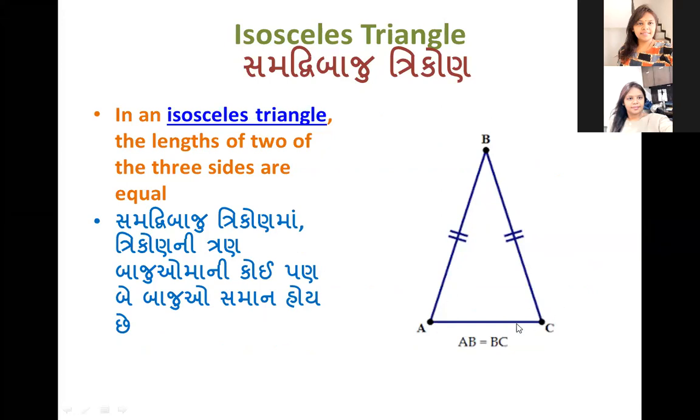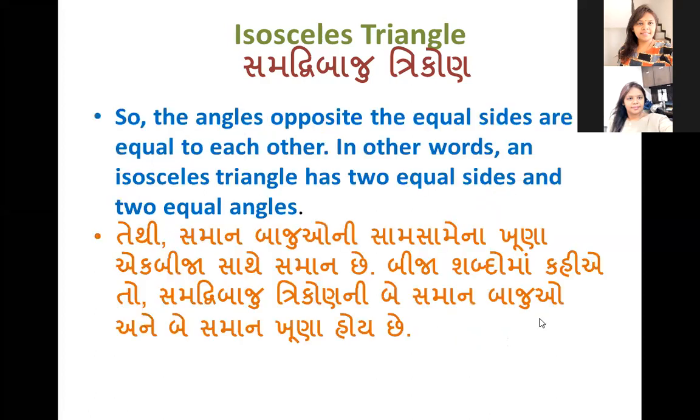So AB's opposite angle is C and BC's opposite angle is A. If AB is equal to BC, then A is equal to C. So these are the properties. Angles opposite to the equal sides are equal to each other. In other words, we can say the isosceles triangle has two sides which are equal and their opposite